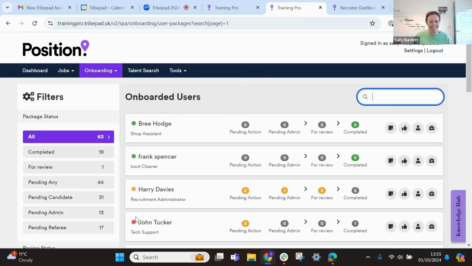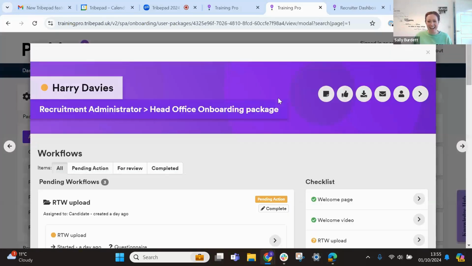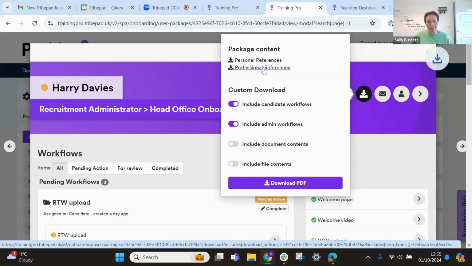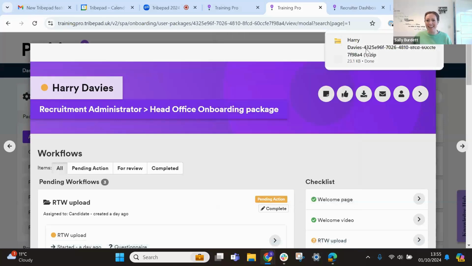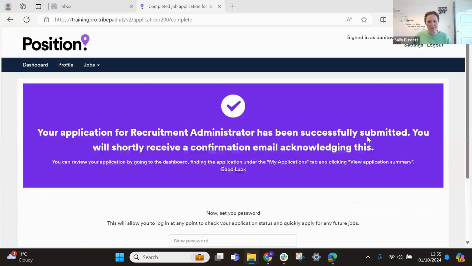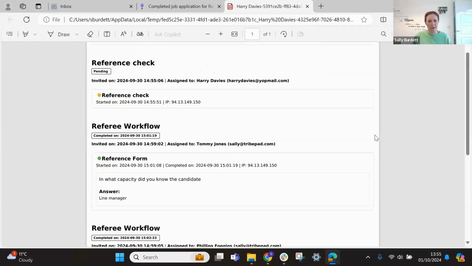There we go, Harry Davis. So on our download section, we've got our download policies detailed there. And if we click on the professional references, here's hoping my system's not broken on me since last night, since I did this. We can open up our download. There we go, perfect. So we can see the reference, so we can see who the reference went out to,